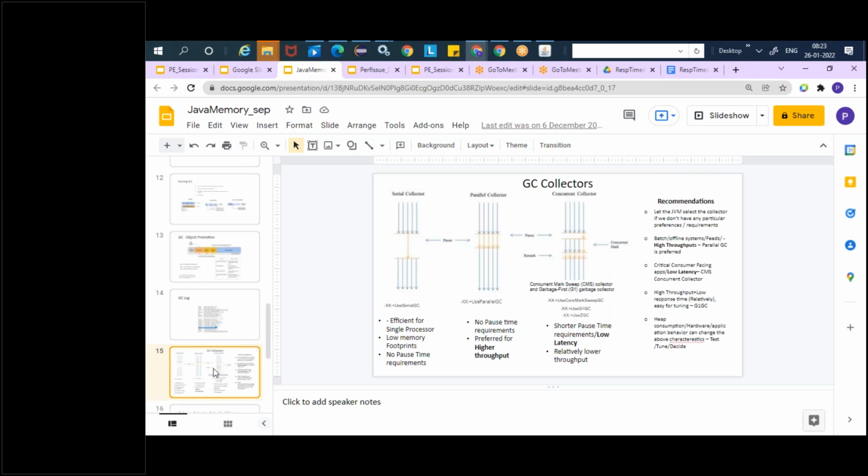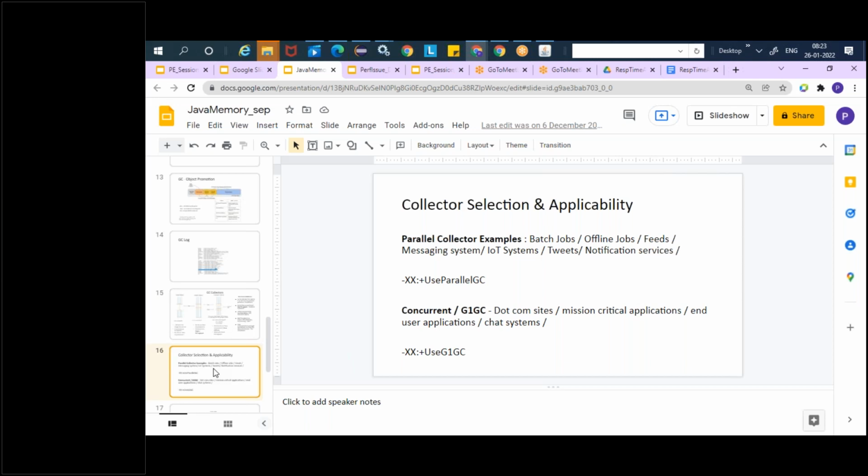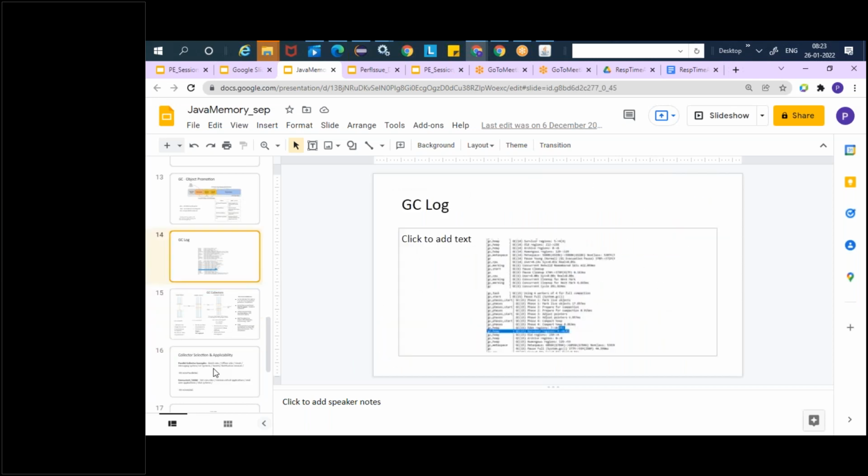And then finally, we'll also look into various collectors, right? What are the various collectors that have been used in the past? What is the currently used collector? What is the default collector? What is the applicability of these collectors? When to apply which kind of collector, right? So all these things. So pretty much from a GC perspective,